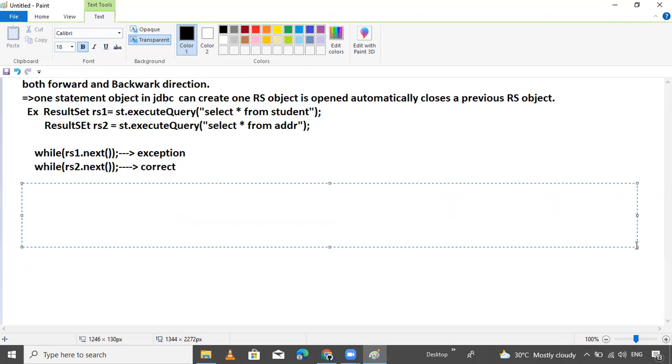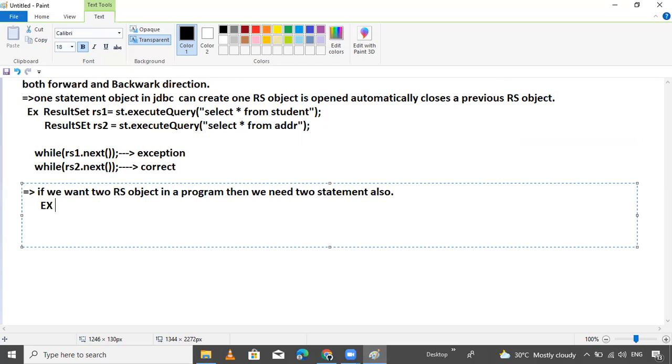Now next point: if we want to use two result set objects in a program, then we need two statements. What are those statements?